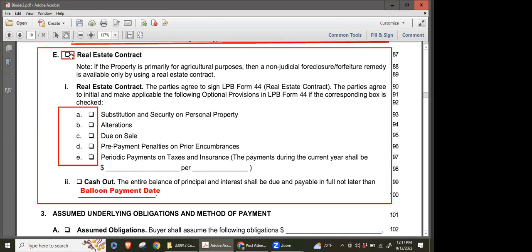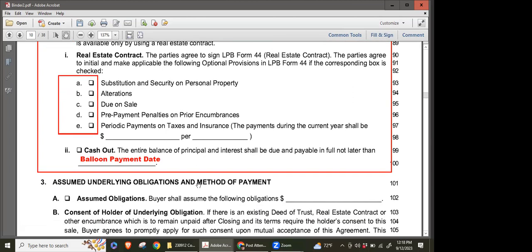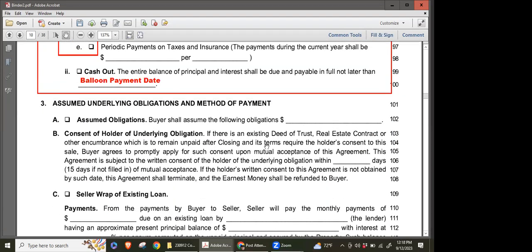So if you use this one, you cannot fill out anything on D. And a lot of times people will put information in both. Usually you'll want to put due on sale. In this particular one, you'll want to make sure that you give the balloon payment date. Remember, you fill out all the financials in that one section, and then you either do D or E, or if they assume a loan,